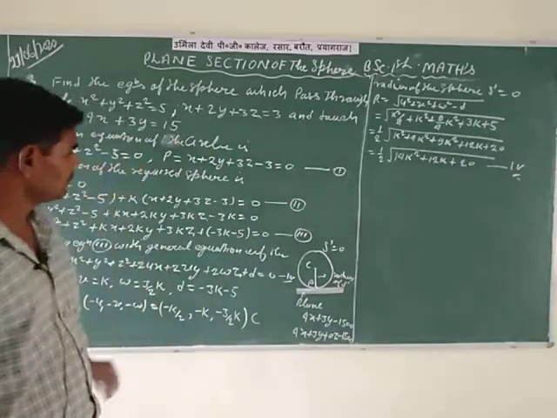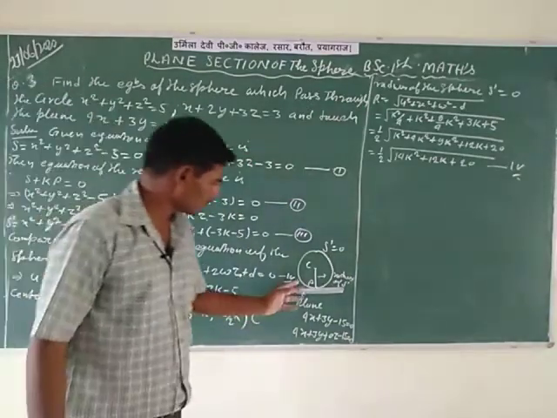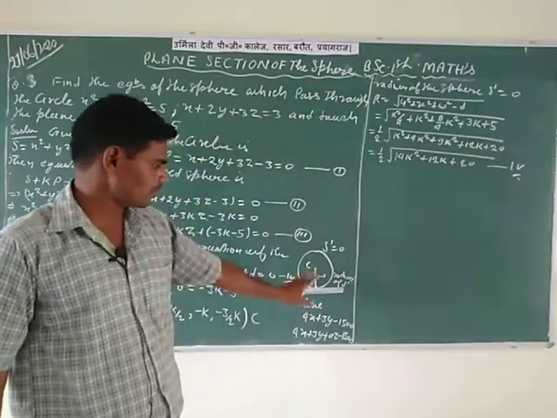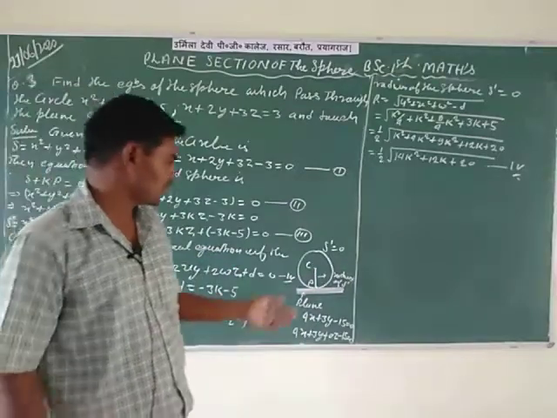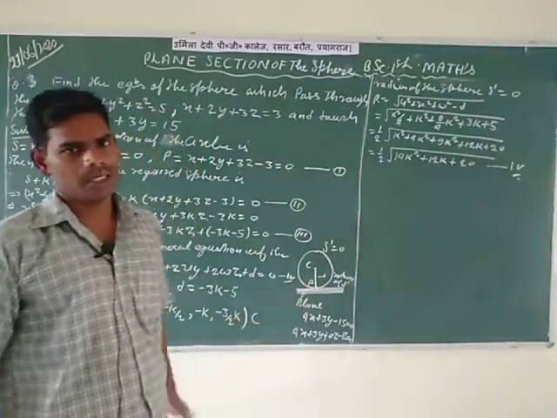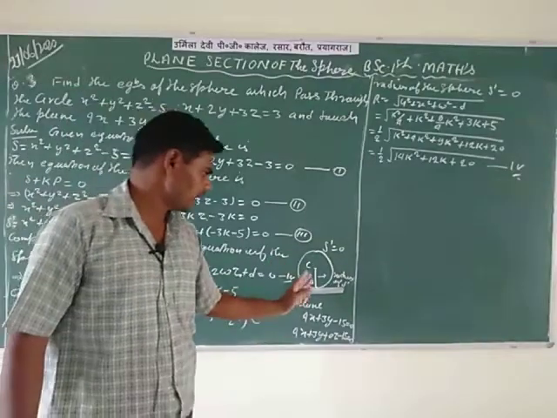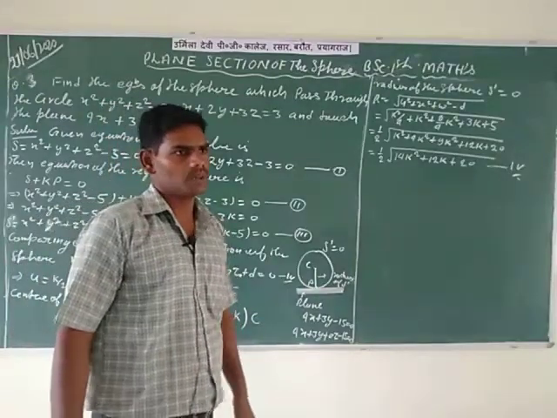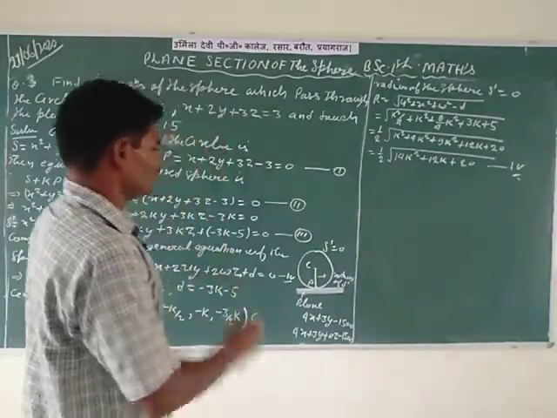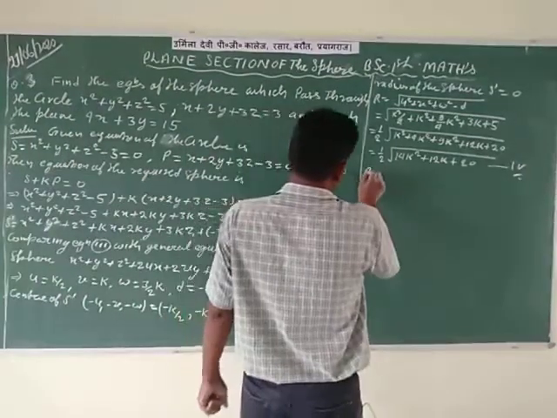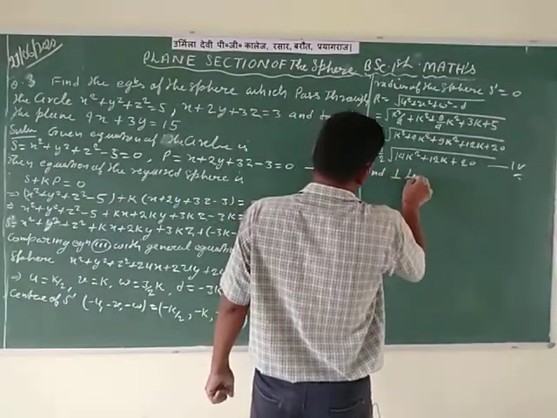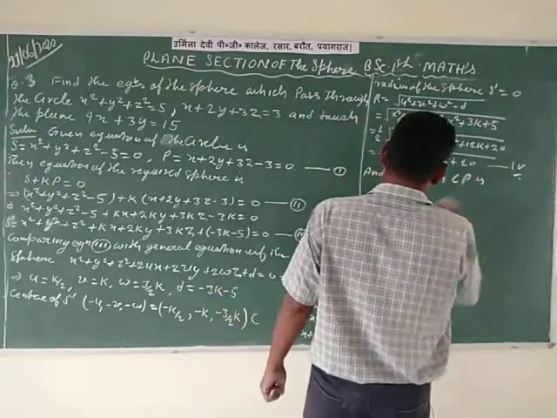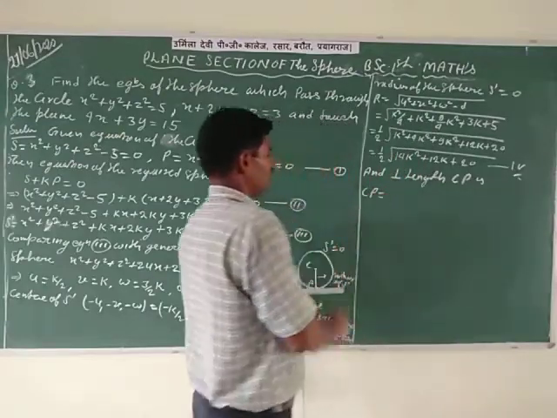But according to my question and by theory, if we draw a perpendicular line from the center to the touching plane, it must be equal to the radius of the sphere. So first calculate the value of CP. Here from the figure, CP is equal to the radius. CP is the perpendicular length from the center to the given touching plane. So find the value of CP, the perpendicular length from the center.